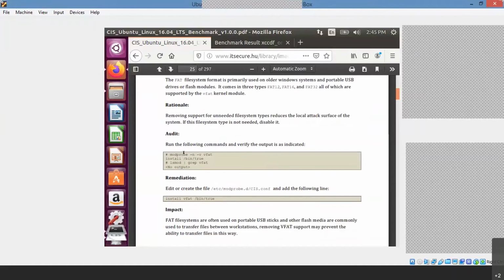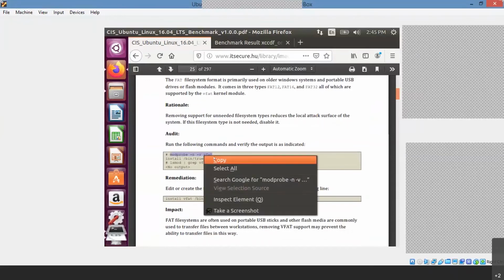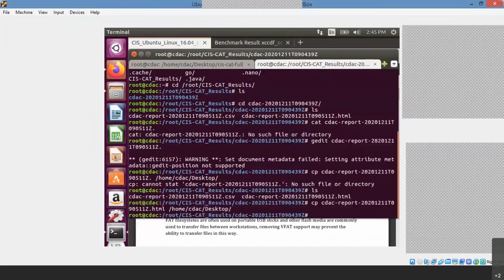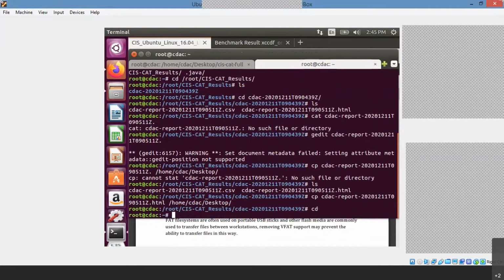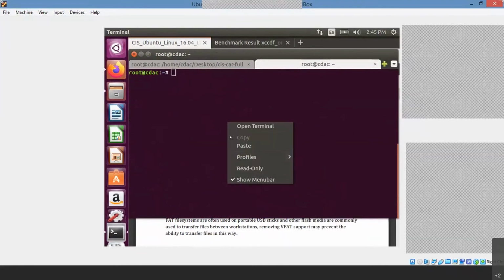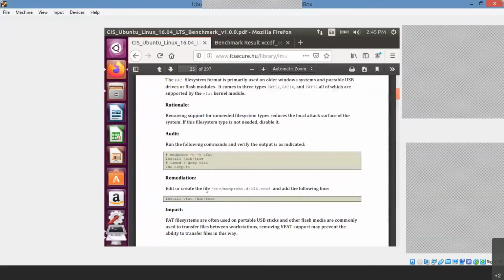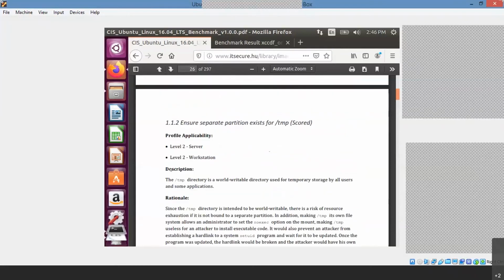So in order to harden, or in order to check that same security, just copy this command and execute here. Clear, so control V, paste. It has not given any output. But basically it has to give the install /bin/true output. That means whether my system is compliant or not, whether my system is pass or fail. Okay, it is fail, right? Because it doesn't give any output, it should give the /bin/true output. The same thing one by one you can do and also check.